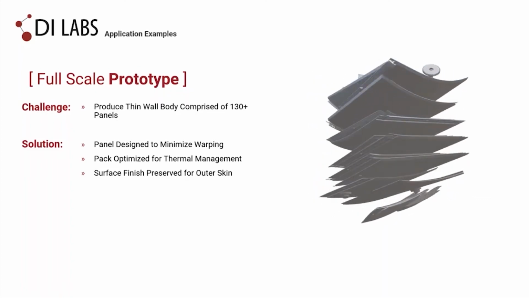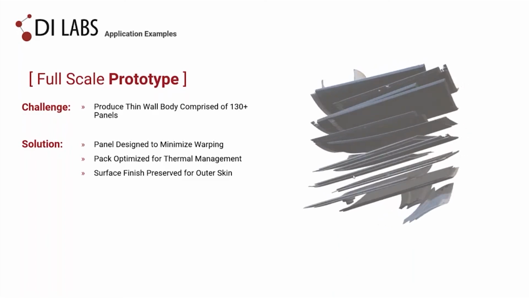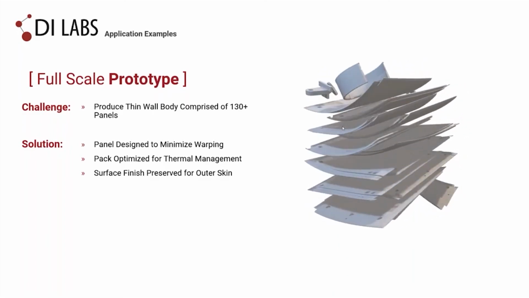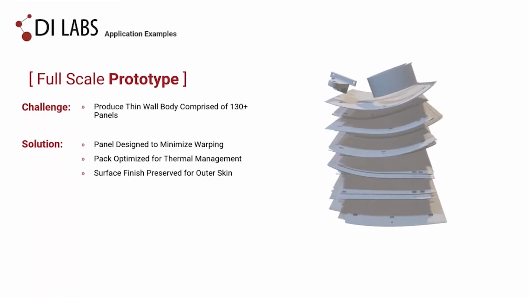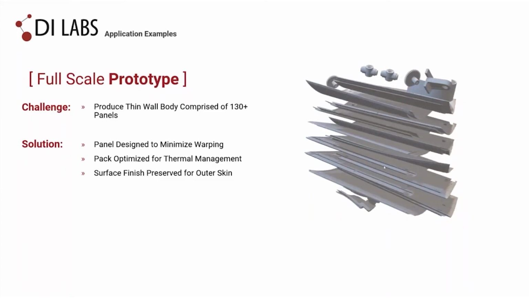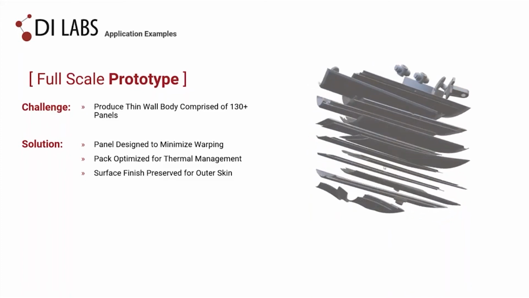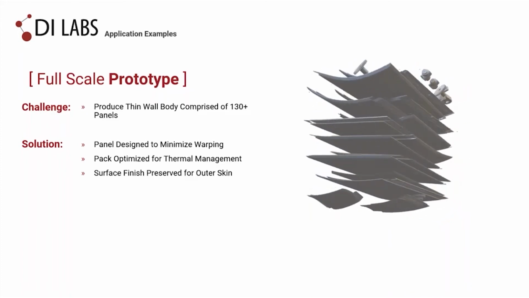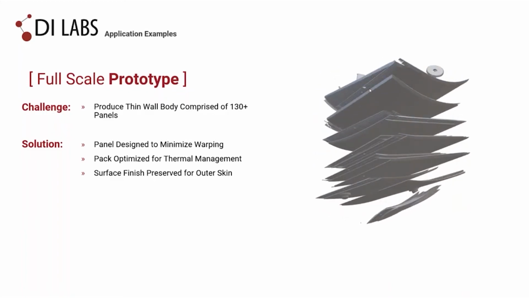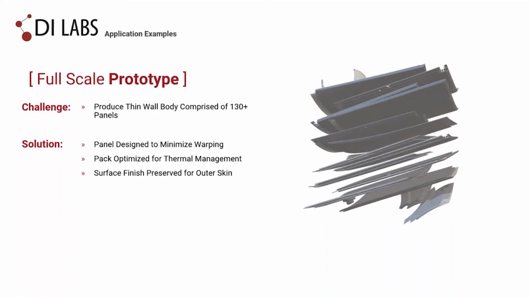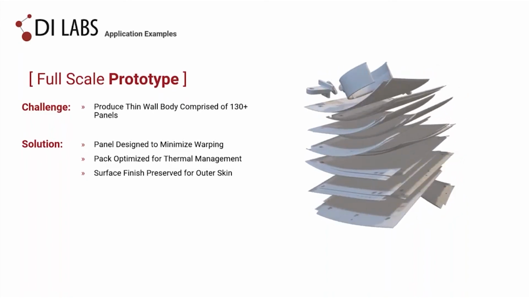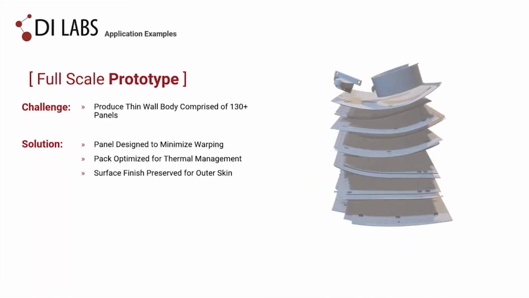So this floating image here on the screen shows one of the packs that we had for the panels. And as you can see in here, there's maybe 10 or so panels in this pack. There's also some other parts in this file that we ran along with this particular project. The entire fuselage was produced with a nylon PA12. So this virtual pack here shows what would come out of the HP Multi Jet Fusion,